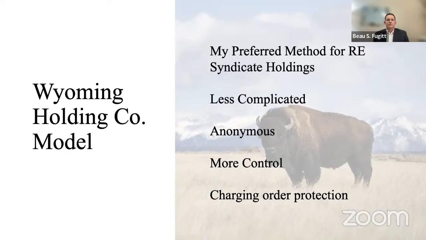So that's my preferred method. Now, I will say when you're looking at an estate plan, you can also have a trust, another layer, right? We talked about these different layers of protection, a trust put in place that actually holds that Wyoming LLC or multiple Wyoming LLCs. That is something that you should probably talk to your estate planner about when you're putting this type of thing together, but that's not a bad idea as well. And again, remember that what we're talking about is layering, right? We're just layering legal entities, separating duties in order to create those layers of defense, that defense in depth that we talked about.